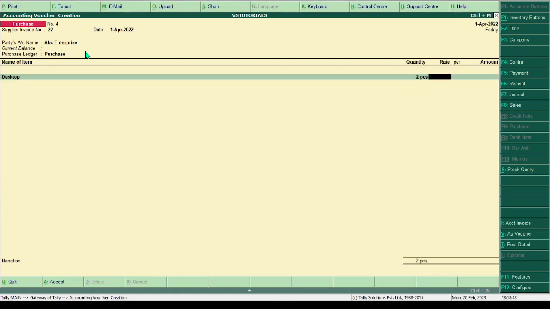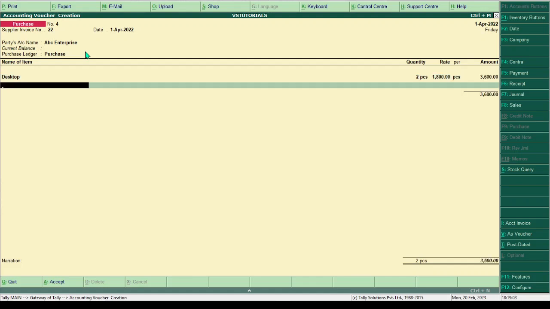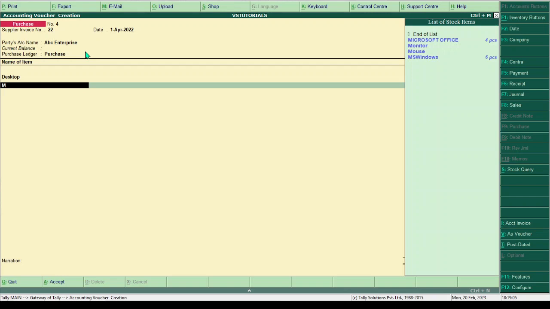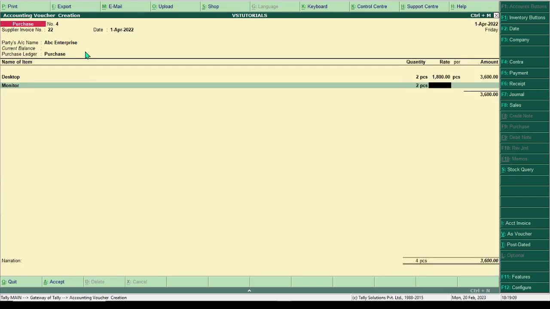Let's suppose 2 quantities of it. First, we don't take much risk earlier. We buy desktop of 1800 rupees, for example, suppose, and monitor 2 pieces,